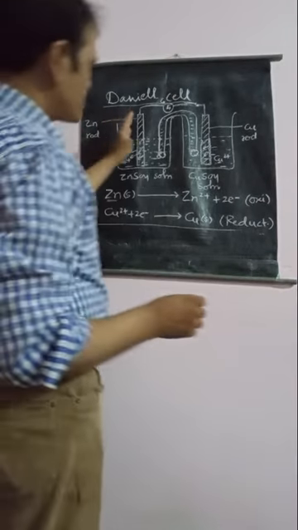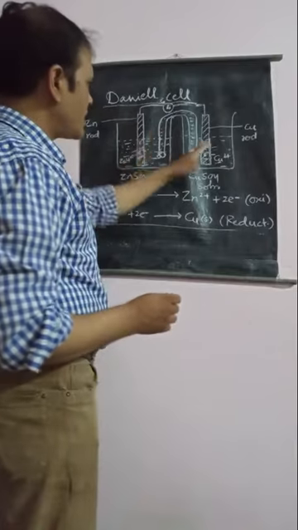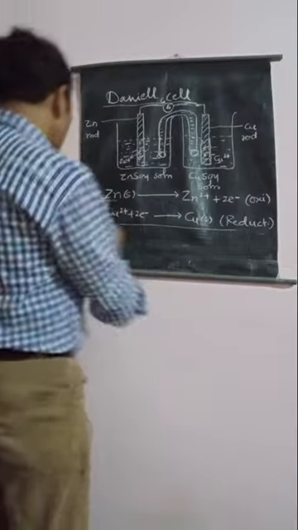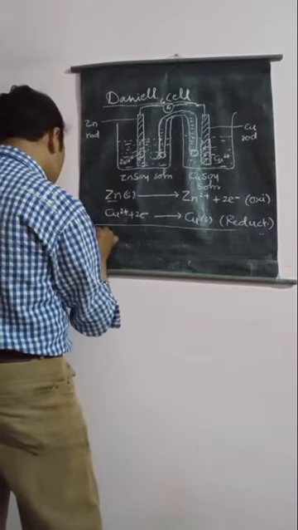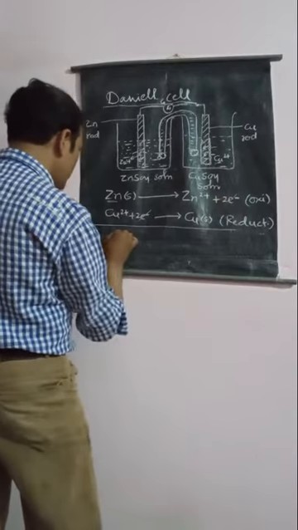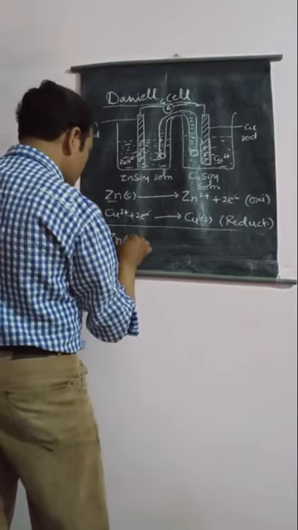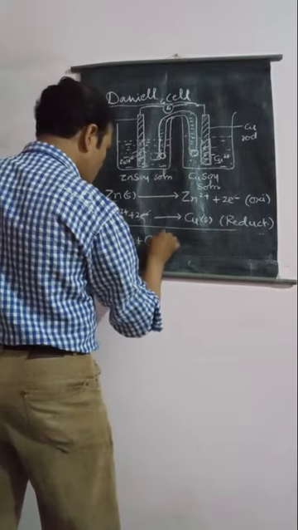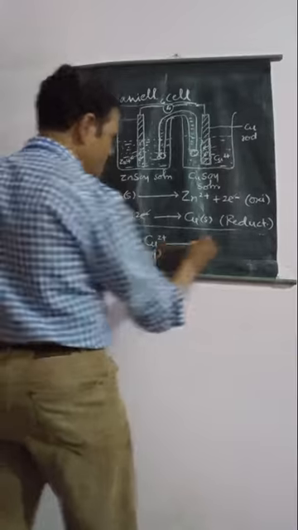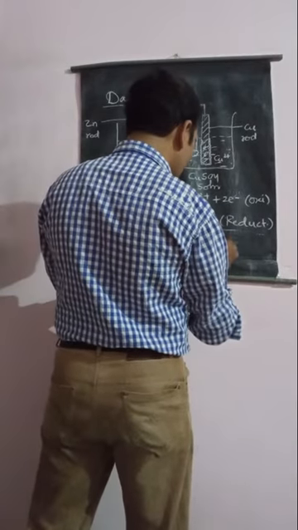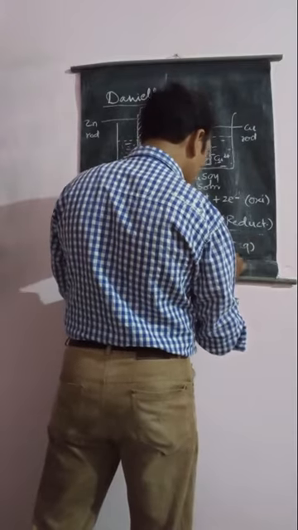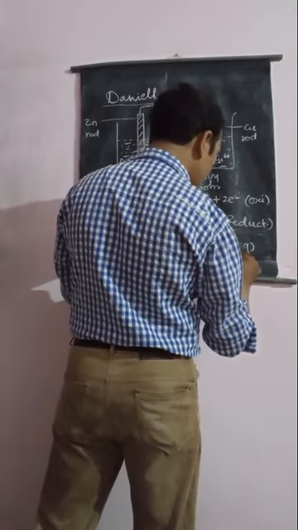So we will see both these reactions. Since both these reactions are taking place in this cell, we can write a net cell reaction. The net reaction for this cell will be, since the two electrons will cancel, Zn, which is present in solid state, will combine with Cu2+ ions, which are present in aqueous state, and it will convert into Zn2+ ion, and the copper metal will also deposit at the electrode.